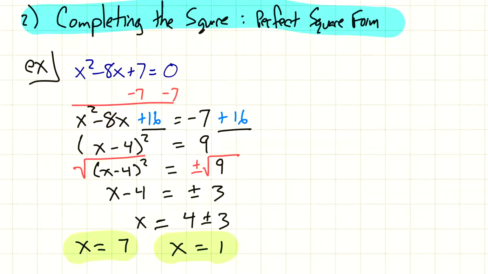So I think this one actually does factor nicely, but for some people, maybe you're not good at factoring, and maybe you realize this isn't too hard when we want to complete the square. So I'm going to subtract 7 from both sides, really just so I could get it out of the way, that 7. And then I'm looking at this negative 8 to determine what the number is to add to both sides. So remember, this is where we talked about that negative b